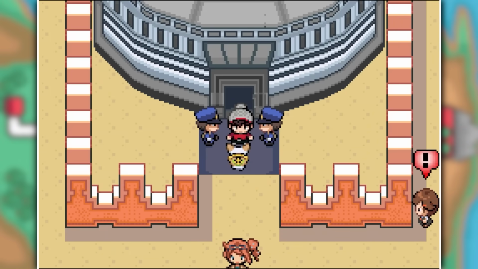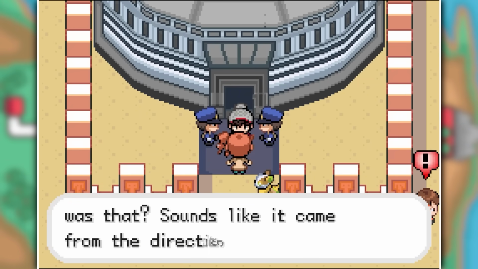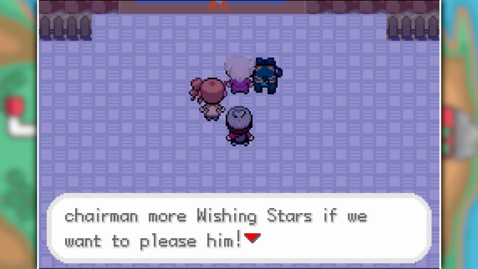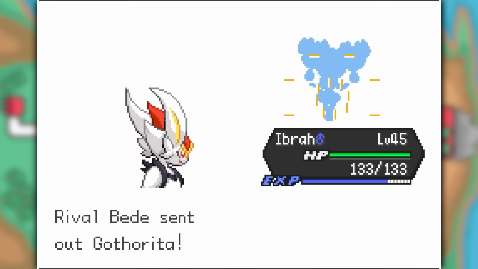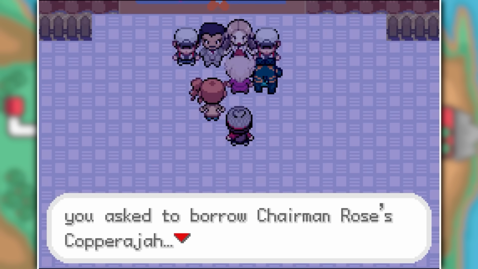When we head outside, we see Yamper and Sonia, who want to go and check out the ruins that are nearby. But we hear a big explosion coming from that place, so we head over there and see that Bede is trying to destroy it with a Copperajah. He for some reason thinks that there's wishing stars behind it, so we try to smack some sense into him with a battle, except for a couple evolutions his team is the exact same as the last time, so we just kick a couple of soccer balls at him and call up the chairman, who says to Bede,